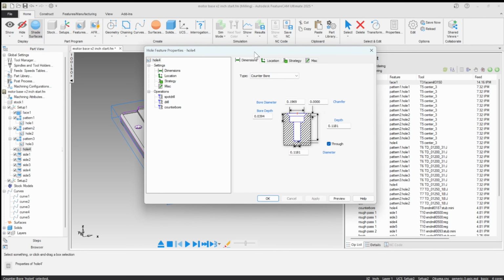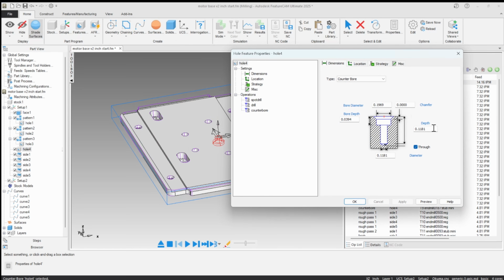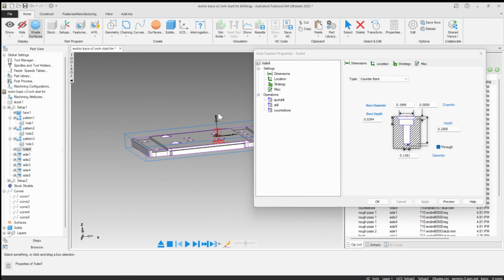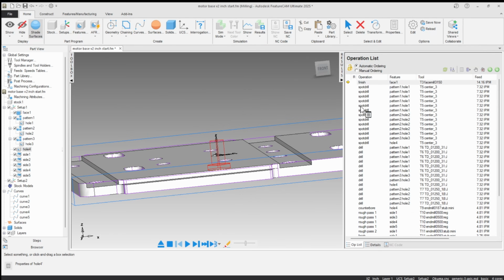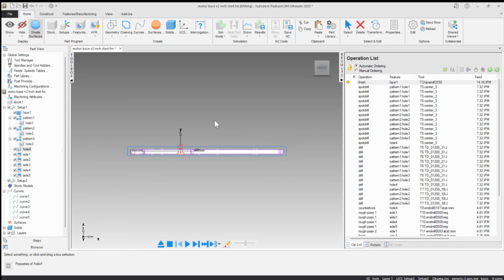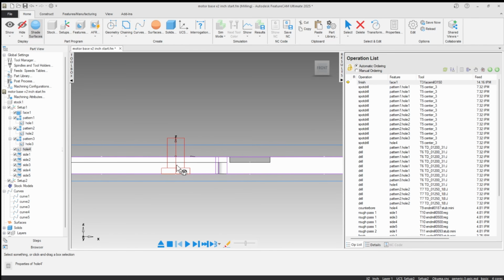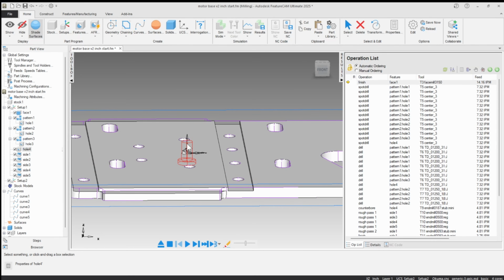And I know that my stock is a 1/4 inch thick. So I'm going to take this hole, the through, make it a 1/4 inch and have it do a breakthrough so it goes a little bit deeper. You can see the feature update right on the screen in real time, right? And we got that. So there, but I also had located this down below, so I don't necessarily need that